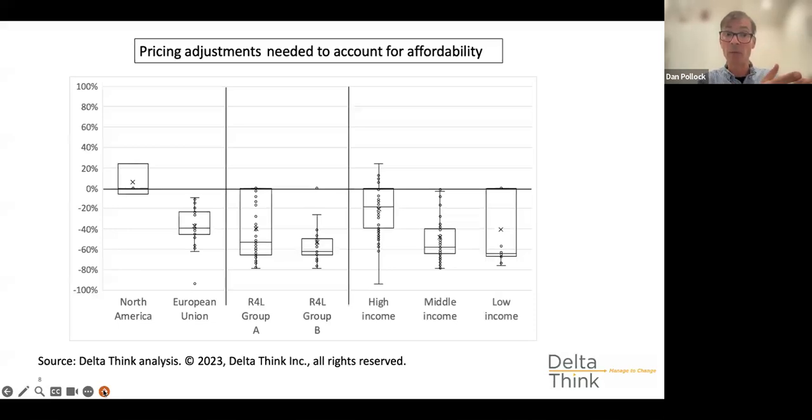And then finally, as we move across to the high, middle, and low income countries, these are World Bank classifications. Again, we just wanted to get a sense of how they fell. Of course, unsurprisingly, in the high income countries you'll find a few dots above the horizontal axis. So you could argue they're the wealthy countries, perhaps you might put prices up for them, but then you might reduce prices in other countries, even ones that might be in the high income group. So it's quite a rich data set.